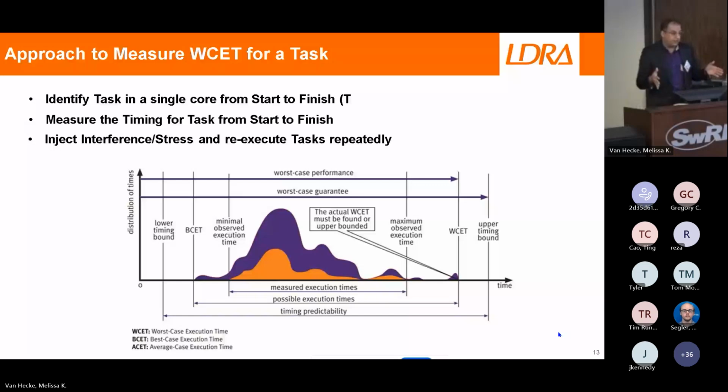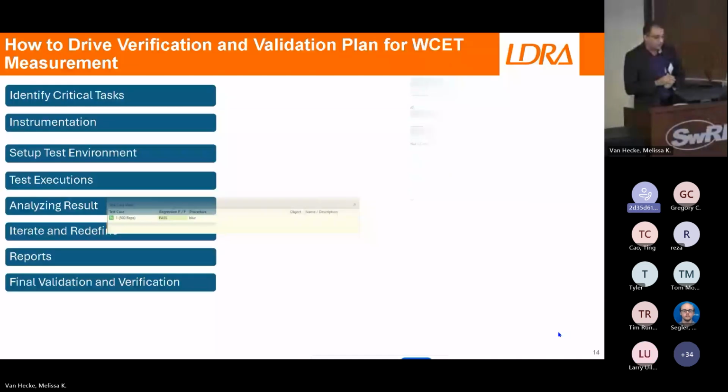3 sigma boundaries, so that you can say in your report that most of my test cases, almost over 75 or 80% of our test cases, are happening within this boundary. Therefore, if the boundary matches the requirements for the multi-core, then you are passing. Otherwise, you have to do some other things to modify your software and be able to get your requirement passing. So that's basically the result of running a worst case execution time